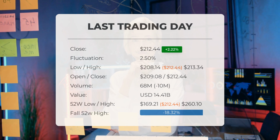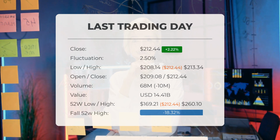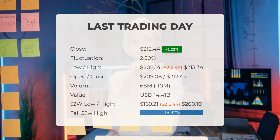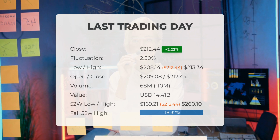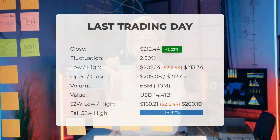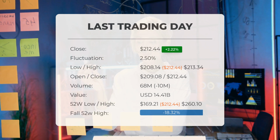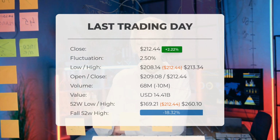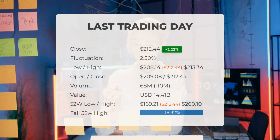It will be interesting to see if this upward trend continues or if there will be a slight pause in the coming days. During the last trading session, the stock experienced fluctuations of 2.5%, ranging from a low of $208.14 to a high of $213.34. The price has risen on 8 out of the last 10 days and has increased by 8.59% over the